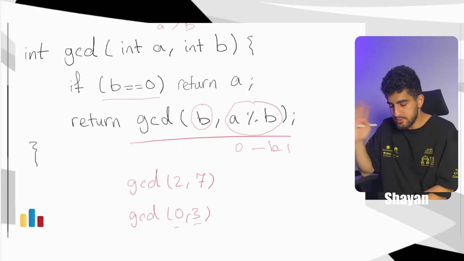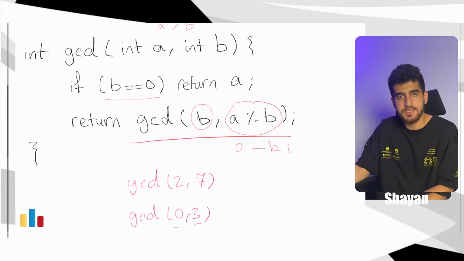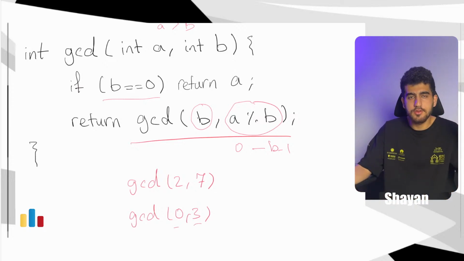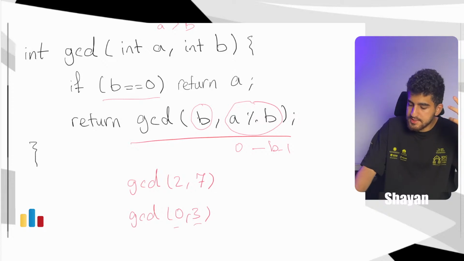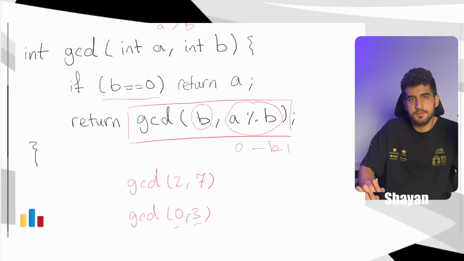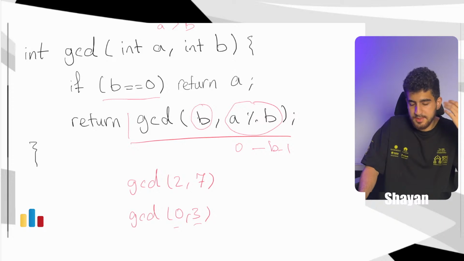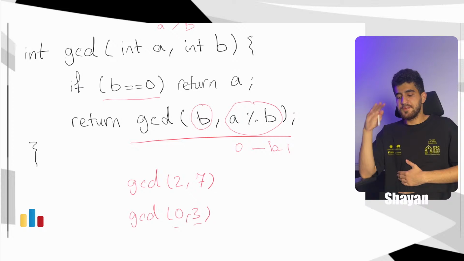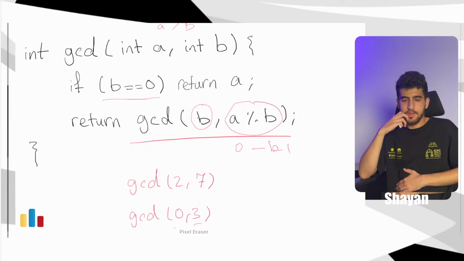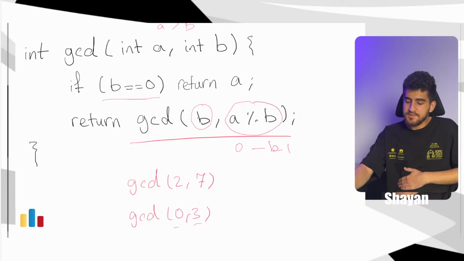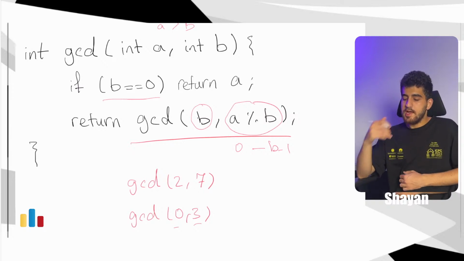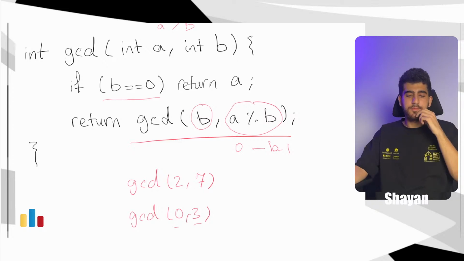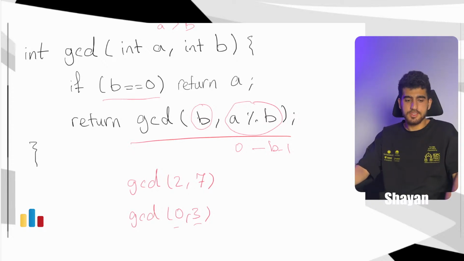be 0. So don't worry that the first time a is not greater than b, because from the second time forward, even if a is less than b or a is equal to b, if a is less than b, you can see that easily they will be swapped in the first step. And the point is that from the second step forward, the first number is going to be the greater one. So our base case is when b is equal to 0, and if b is equal to 0, we just return a, otherwise we return GCD of b and a modulo b. And this way we calculate GCD.